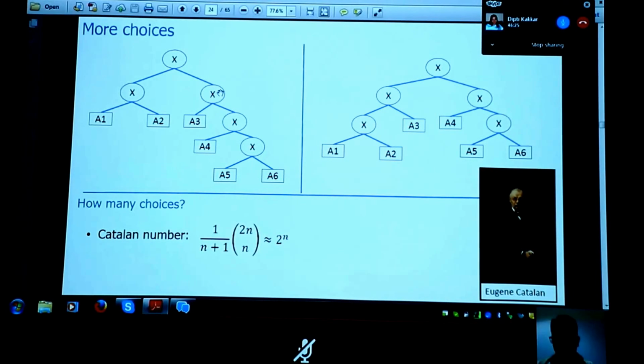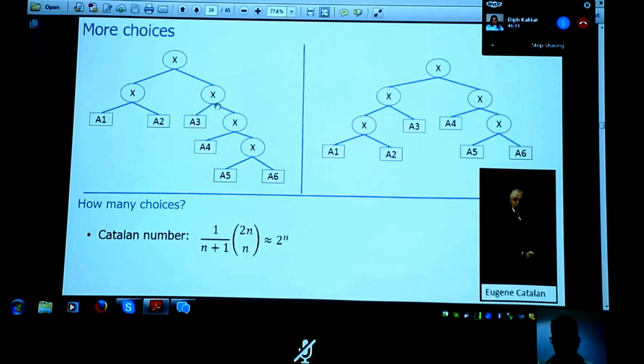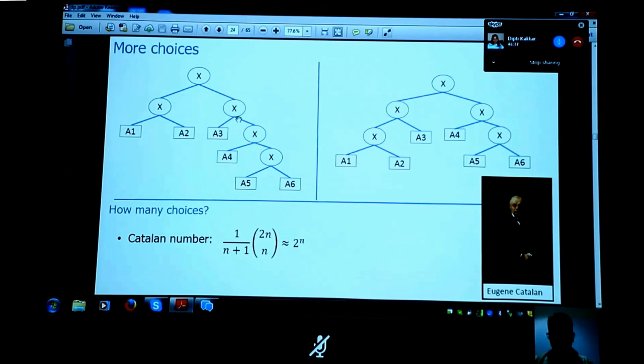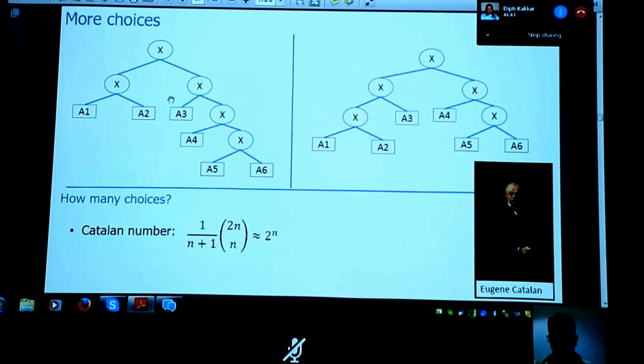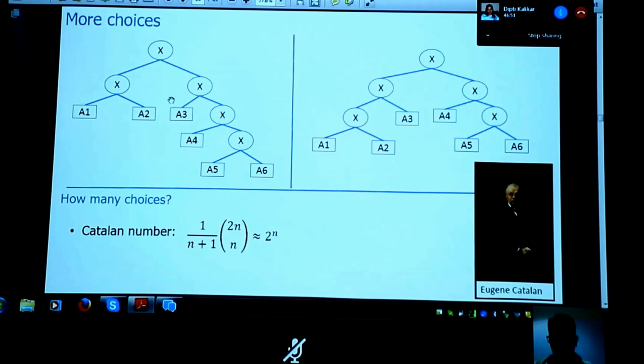multiplied. Another thing you can see, it's kind of clear from here, is the number of full binary trees with n leaves. This matrix chain, the different ways of multiplication, is nothing but different binary trees possible, right? So that's also the number of binary trees. It's also the number of ways to parenthesize and so on.